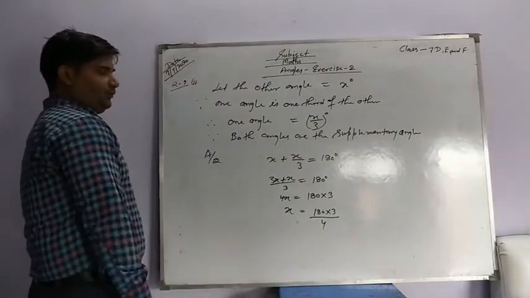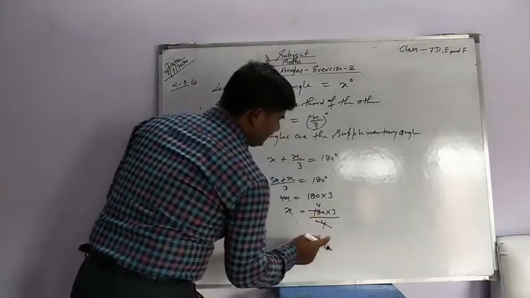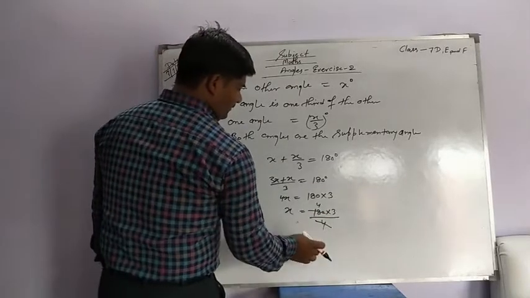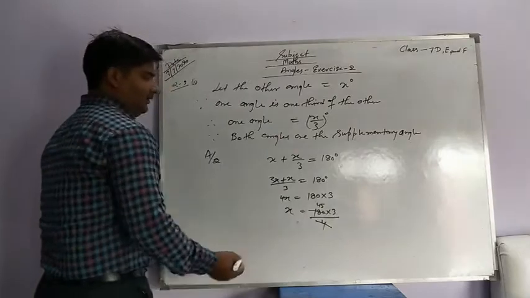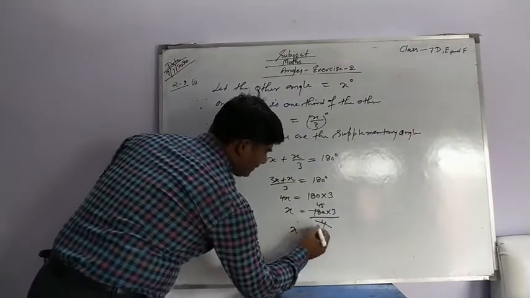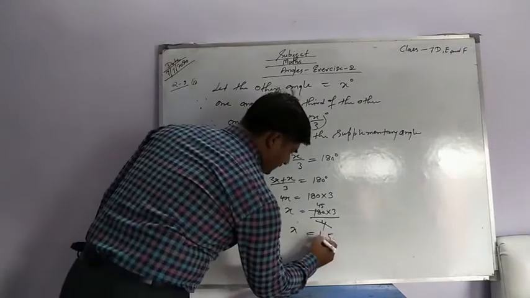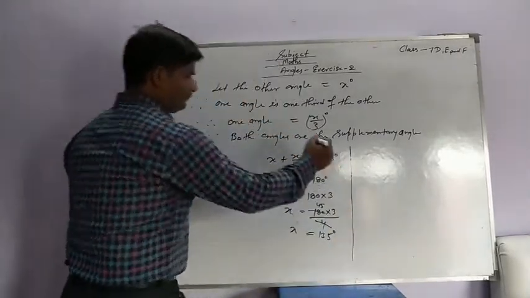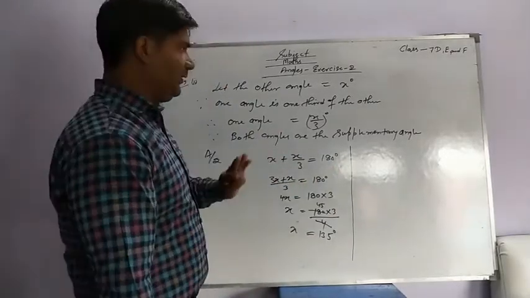Okay. So now we simplify this one. 4 times 4 is 16 and 2 remain. Then we take 0. Then 4 times 5 is 20. Now we multiply this one. Then 3 times 5 is 15, carry 1, and 3 times 4 is 12 and 1 is 13, so 135 degree. So here we get the value of x, means the other angle, but we are going to find both angles.